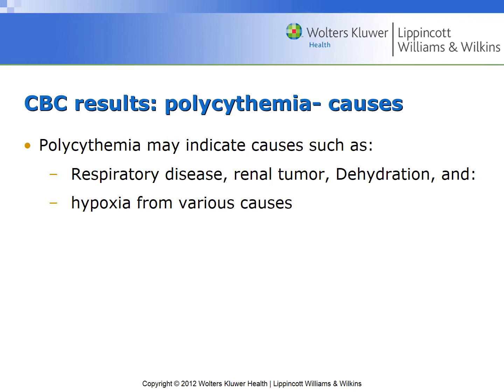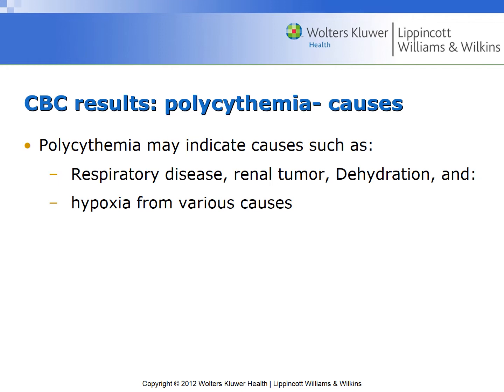If the gas exchange is impaired in the lungs, then the body is still requiring, hey, I need more oxygen. I need more red blood cells to carry this oxygen, and will begin to produce more. So polycythemia can indicate